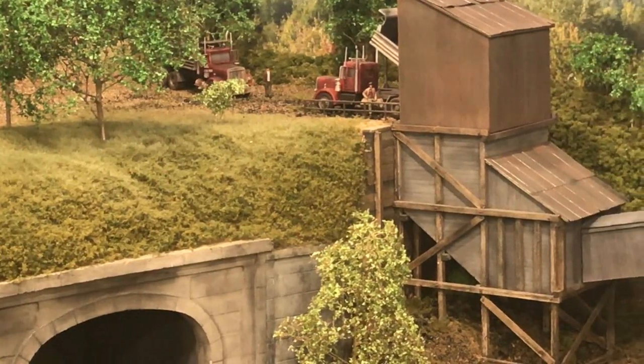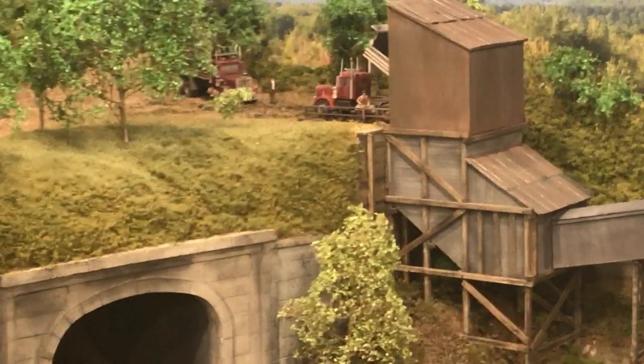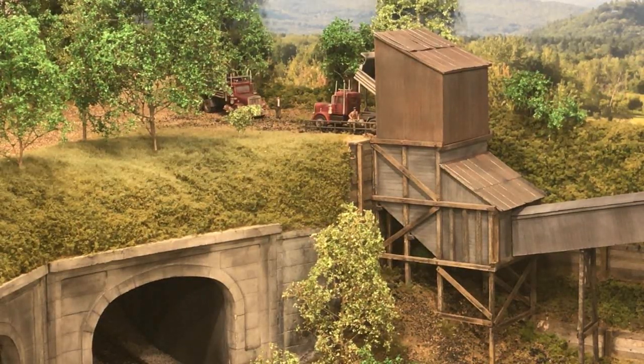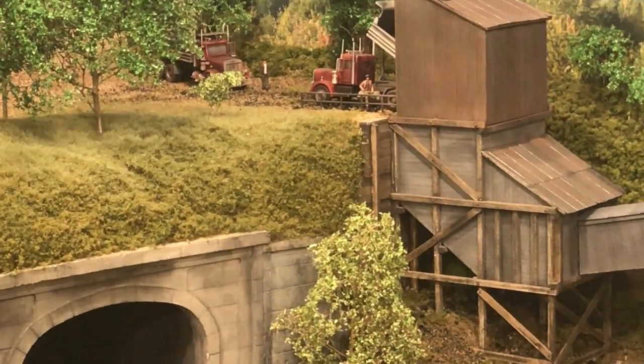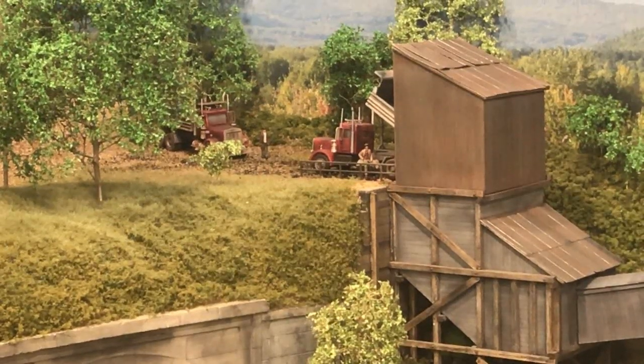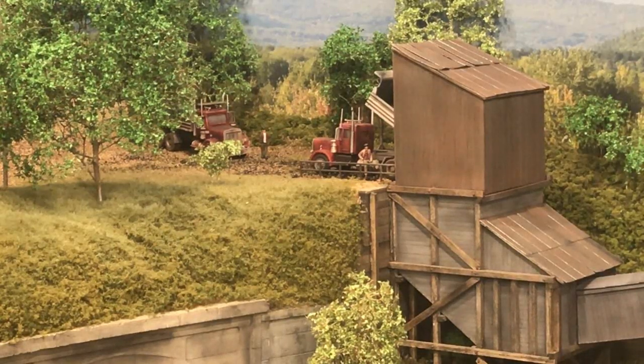the truck dump. And this is totally scratch built. I based this on some photographs that I'd found online of West Virginia truck dumps. But it's really my own design. But it does have individual nut bolt washer castings where appropriate. And I had some trouble finding the dump trucks that I wanted, so I ended up getting these off of eBay. I think they're Boley, fairly inexpensive. And